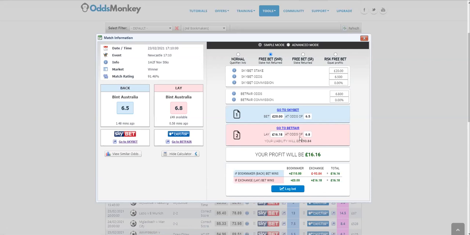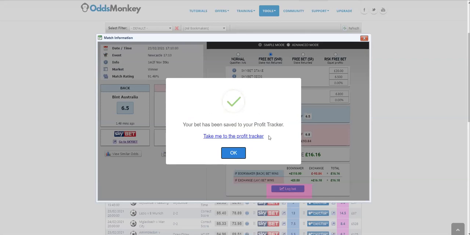There's two ways you can keep track of where you're up to. So down at the bottom there, there's a big button. I'll get the highlight on it. There's a button there that says log bet, which if you click that, does what it says. It says your bet has been saved to the profit tracker. And there's a button there that says take me to the profit tracker. So if I do that,